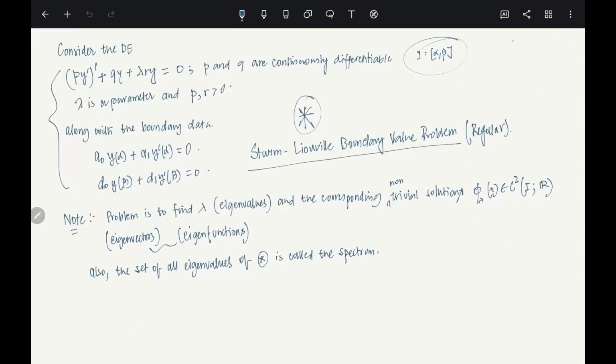So now let's work out one example, and then we will go to the theory part. First of all, how do you compute such an eigenvalue and eigenfunction? Let's just look at that. First of all, consider this problem: y double prime plus lambda y equals 0, and y at 0 equals y at the point pi